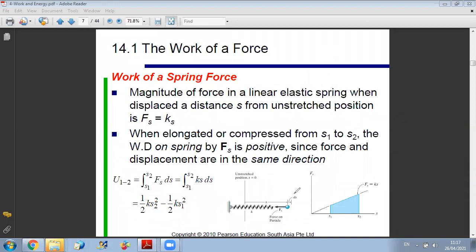Now, you can also use the graphical method to obtain the work, because look, here it's simple. You have the function of the spring force relative to displacement, and it is a linear function. So we have a linear variation. Now, between any two positions, S1, S2, I can say that,